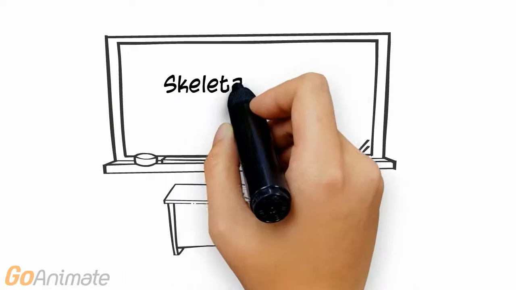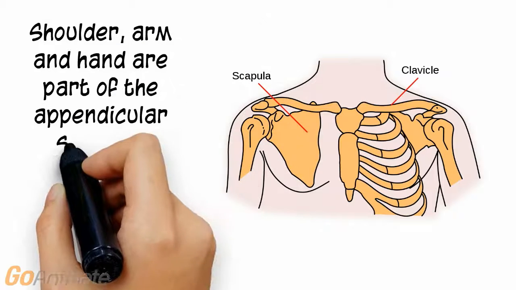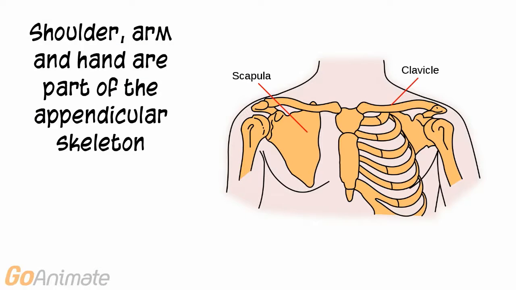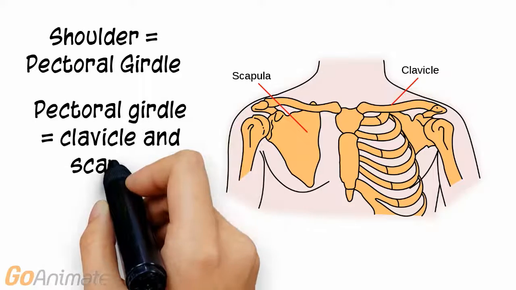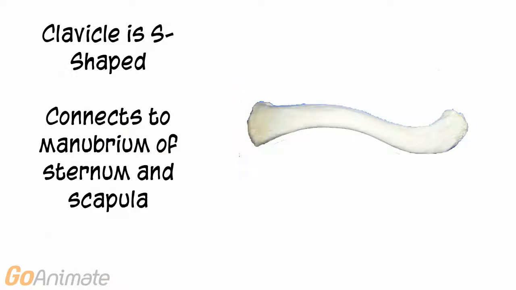Let's learn about the bones of the shoulder, arm, and hand. The shoulder, arm, and hand are part of the appendicular skeleton. The shoulder consists of the pectoral girdle, which includes the clavicle and scapula. The clavicle is an S-shaped bone that connects to the manubrium of the sternum and the acromion process of the